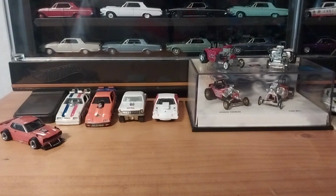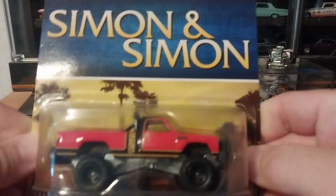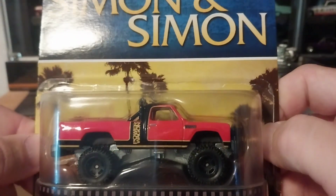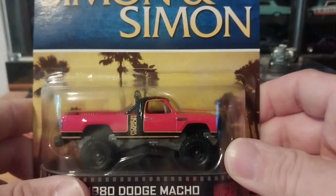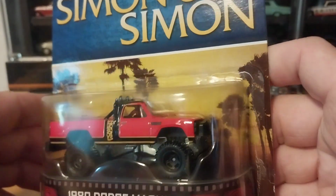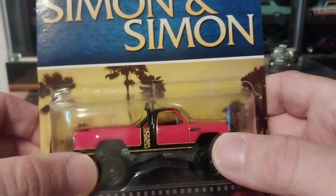But anyways, the one that I'm bringing to you guys is an oldie but a goodie, and it is the Simon & Simon 1980 Dodge Macho Power Wagon. The first time this casting appeared was this one right here. Pretty cool casting. It's down to the exact details of Rick's